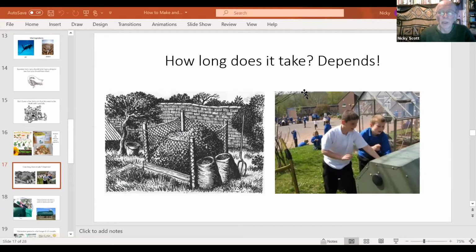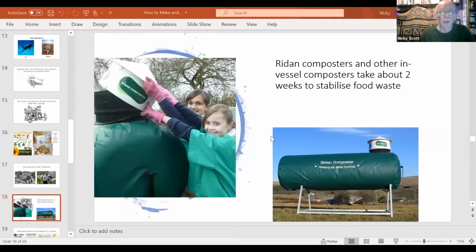If you're working in a school and you've got one of these insulated tumbling bins like on the right there, you can get it heating up and composting down in a couple of weeks. Most of the ones that we've used with schools have been these Rye Downs, which are suitable for bigger schools. Well, most schools really, to be honest, because they come in three different sizes actually,